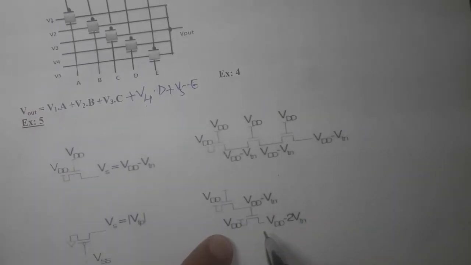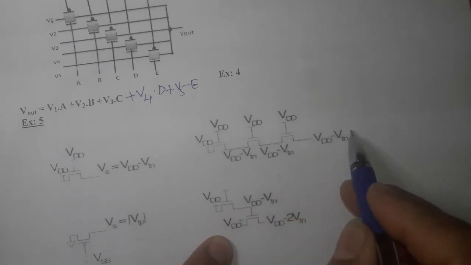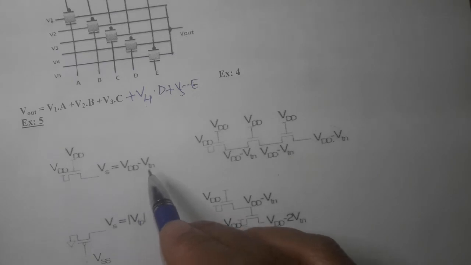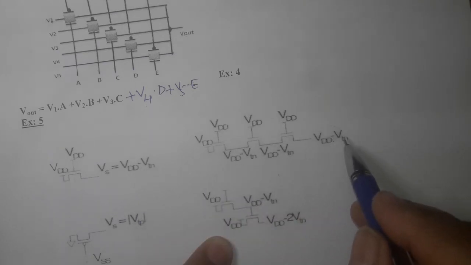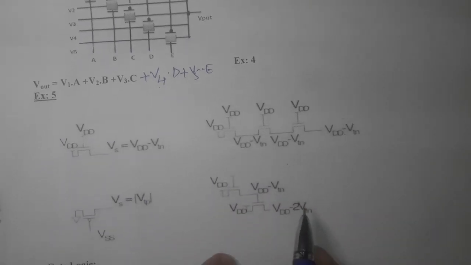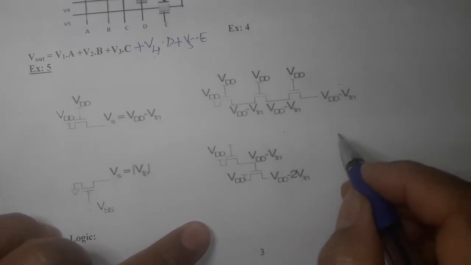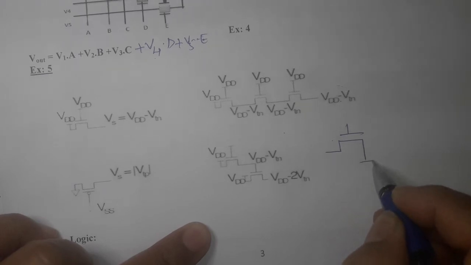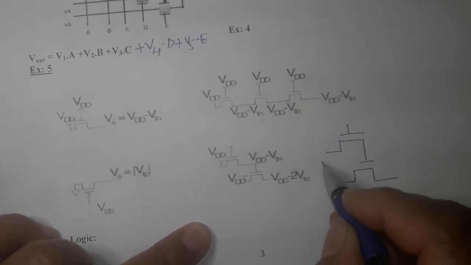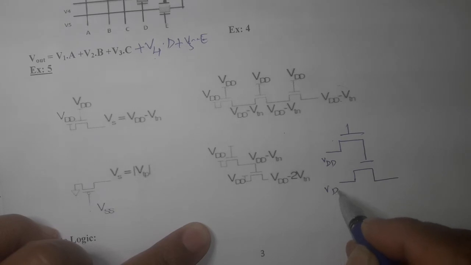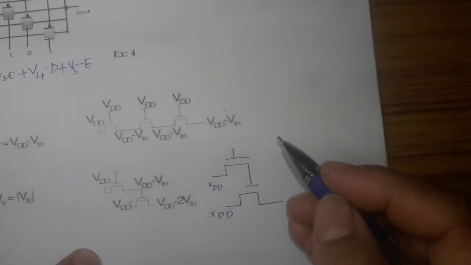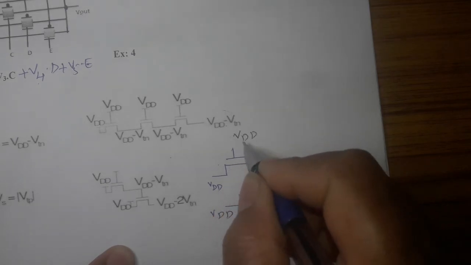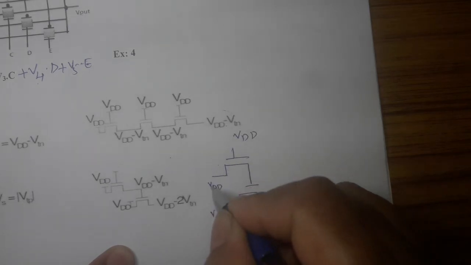Let us check this. Now, this was a series combination of transistors. I told you the output will be degraded by the threshold voltage, by as many transistors as I connect. But if I have something like this, wherein the output of one transistor is driving another transistor, what happens at that time? What will be the output? See what happens. Here also I am using 5 volt, here also I am using 5 volt.